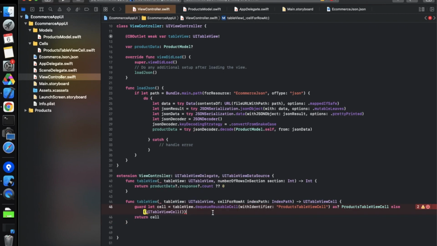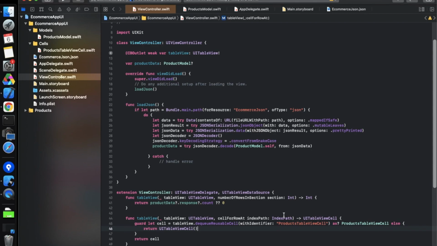Okay, so let's run this thing and see whether it is working or not. It's showing an error. What is the error? Guard body must not fall through, consider using a return. Okay, yeah, we forgot to type the return over here, something like this. Okay, so we have to click enter over here.